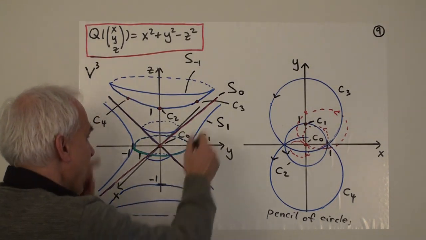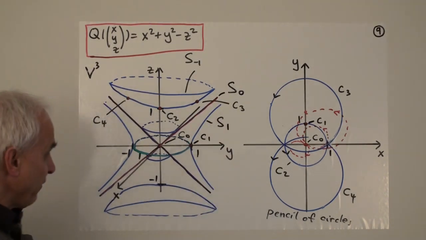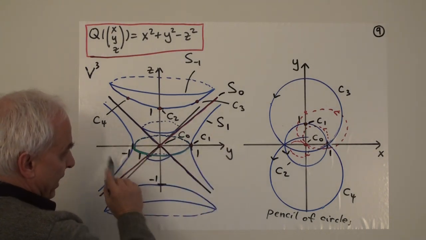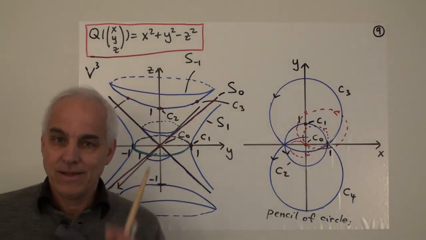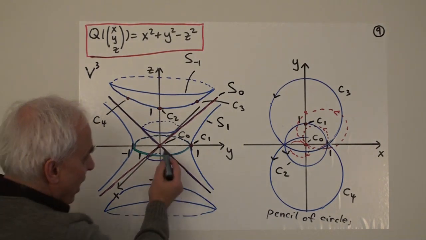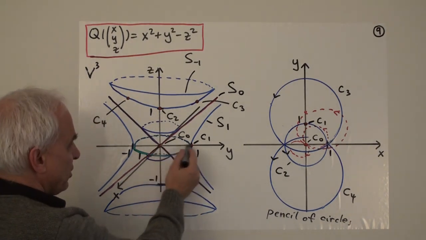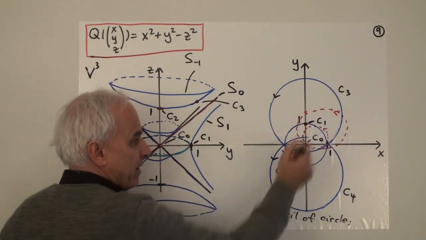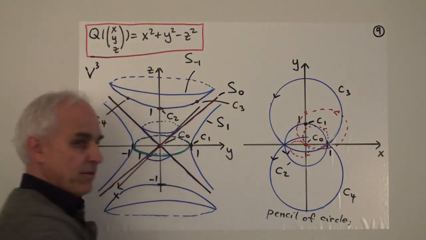Okay, let's have a look at the hyperboloid of 1 sheet passing through C1. It's a little bit different. So C1, this point here, is in the point plane. So it's in the XY plane. It corresponds over here to a point. What point is that? Well, it's the point 0, 1. So 0 in the X direction, 1 in the Y direction. That's exactly this point here in the plane. Right? So this point circle there corresponds to this point in the 3-dimensional space.